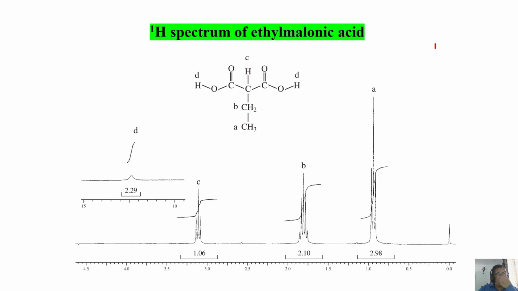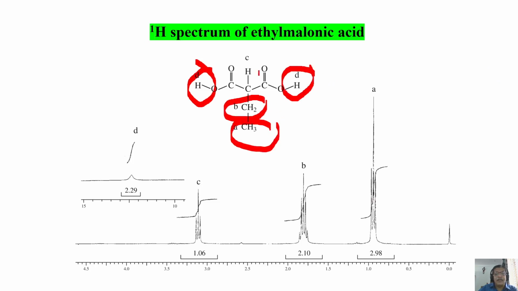How many chemically inequivalent protons are there? This is equal to this. There is one type. And this is one, 3, and this is 1. There are only 4 types of protons available in this molecule which are chemically inequivalent. How to analyze that? Very simple. Please look at this one. How do you analyze this one?